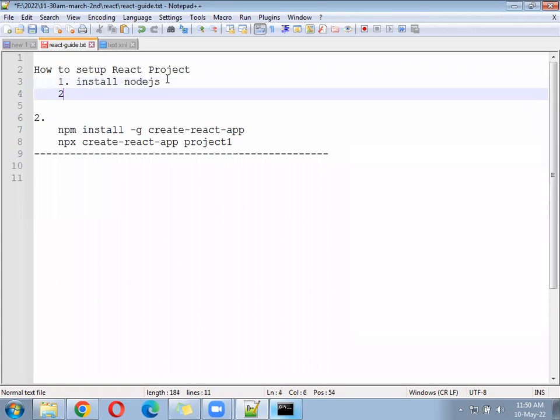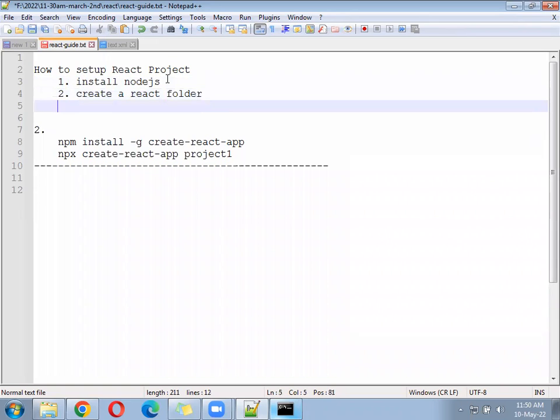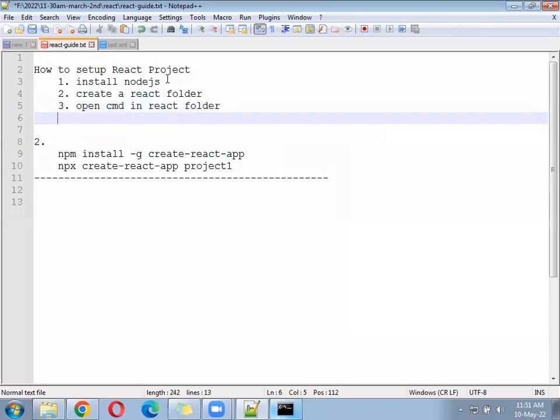Second step, create a React folder. Step number 3, open CMD in the React folder. Step number 4, run npm